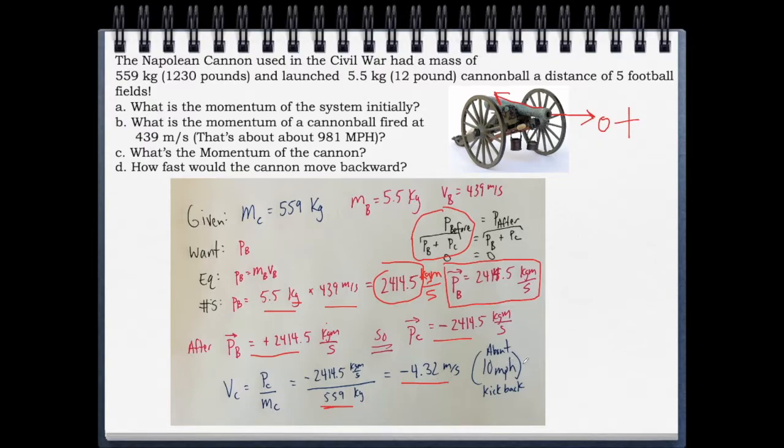10 miles per hour. So when people are firing these weapons, you'd have to be really careful, because if you stub your toe in your house at 10 miles per hour, it hurts your toe. Now, could you imagine if this cannon kicked back on you, and it weighs 1,230 pounds, and it's going to hit you at 10 miles per hour? So you'd have to be careful. But if this cannonball goes forward, the cannon itself has to move backwards. And that's the conservation of momentum, shown to you by some mathematics.